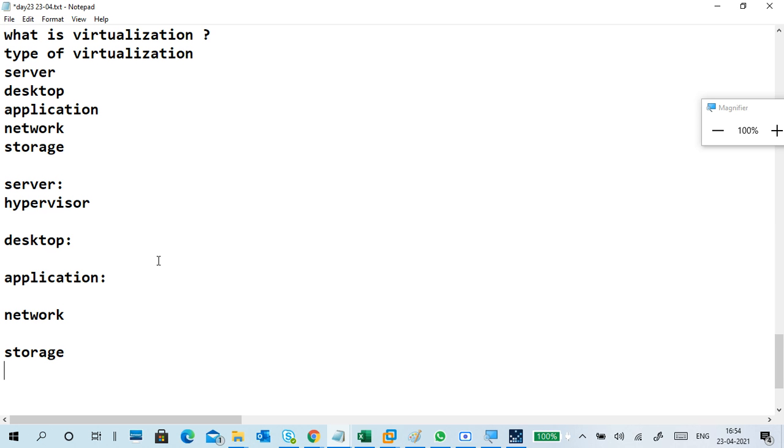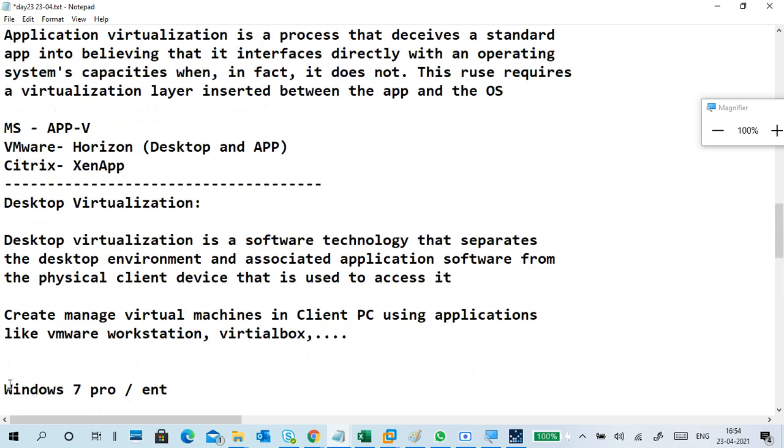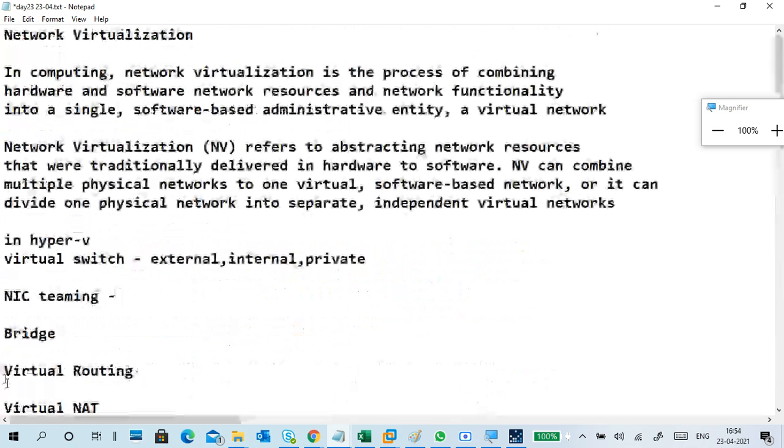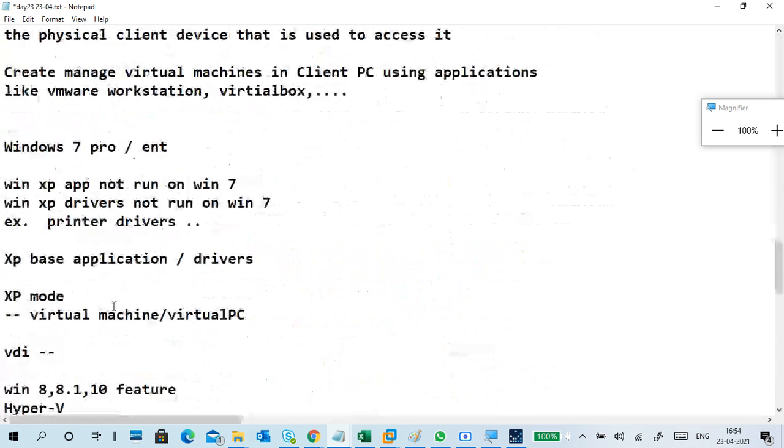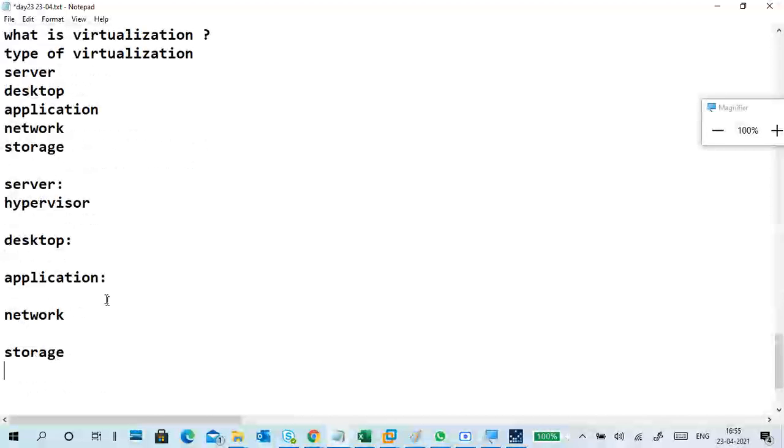LAN is a switch having LAN connectivity. VLAN, virtual LAN, means within a physical switch we can create virtual LANs. I forgot to mention that earlier. This is the last point I am telling.